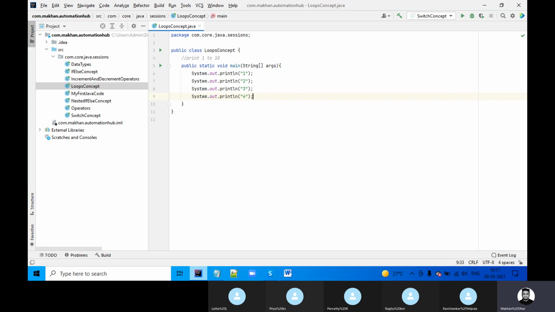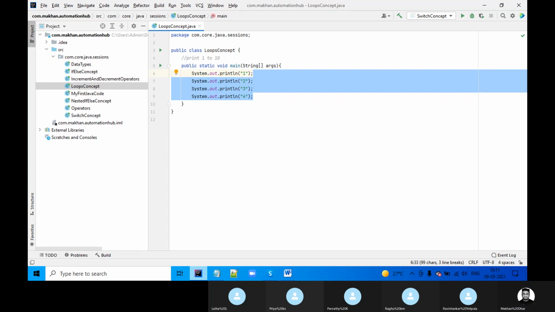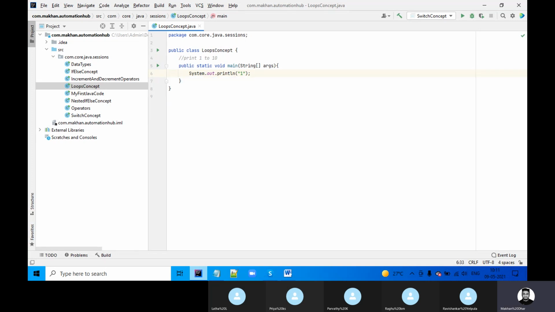To avoid this kind of thing, the loop statement comes into the picture. Now I am removing this and adding the logic. I want to print 1 to 10. So I say int i equal to 1, an integer value, 1 for example.